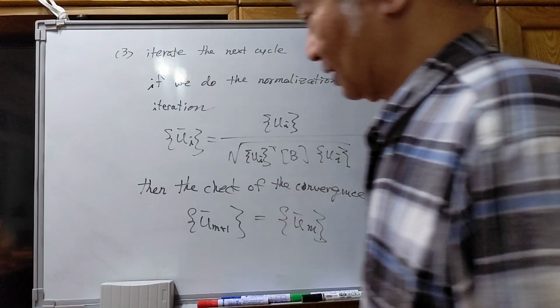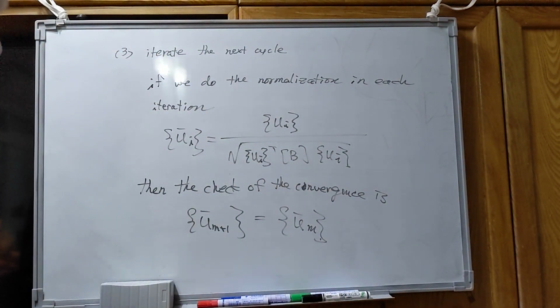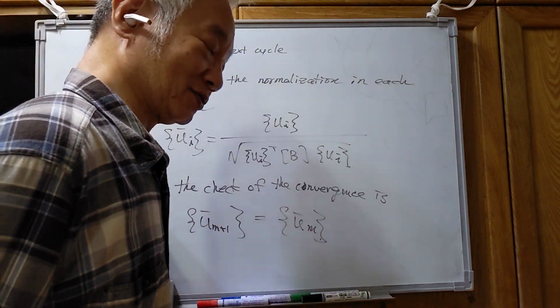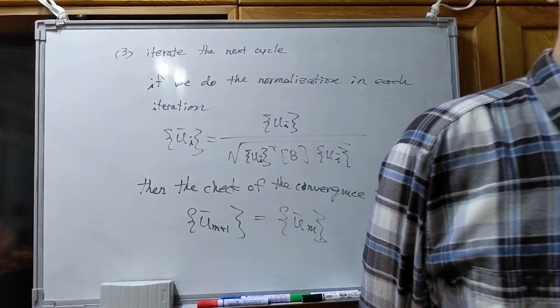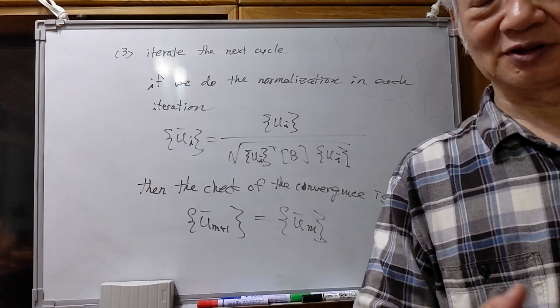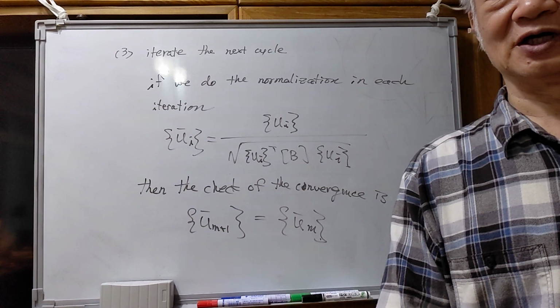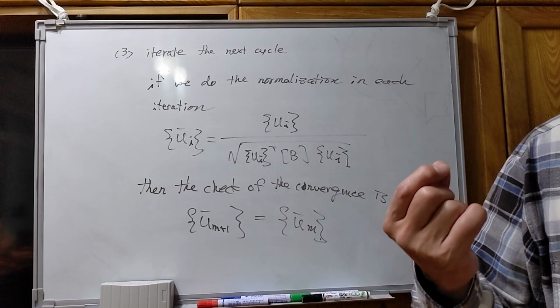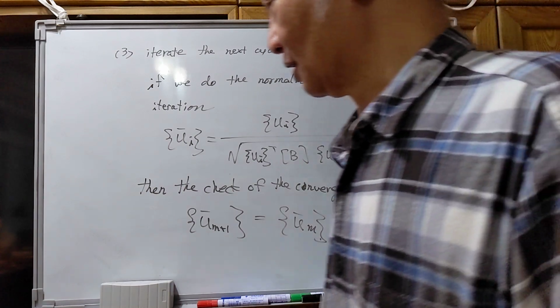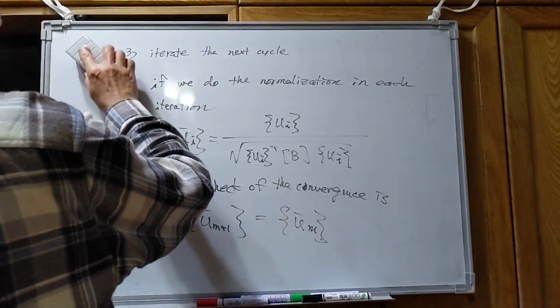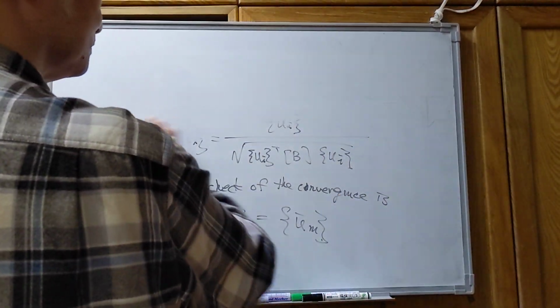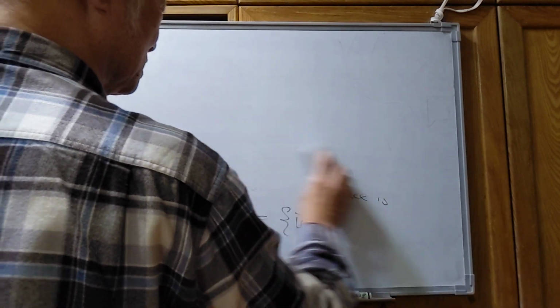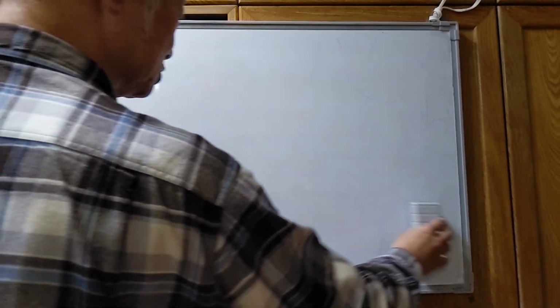Okay, so in the last hour, I introduced the vector iteration method, or sometimes it is called the power method. And the reason why we call it the power method is that in each iteration we are increasing the power of the vectors. Okay. In each iteration,